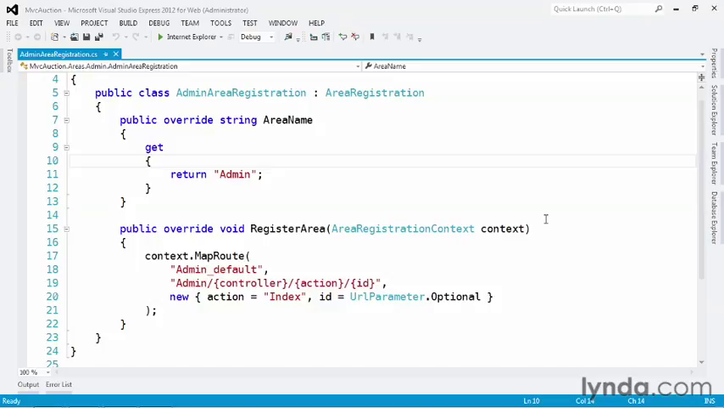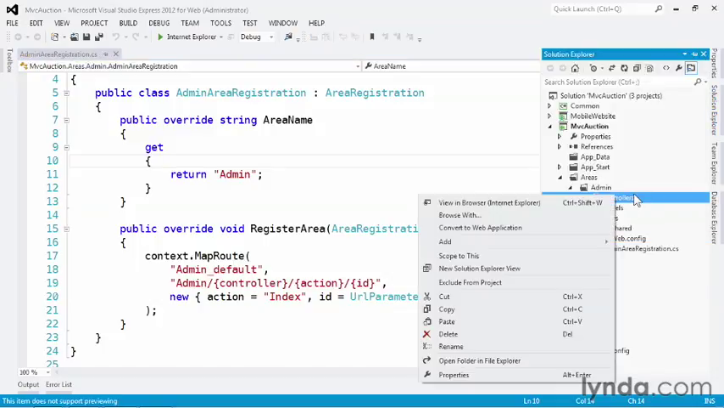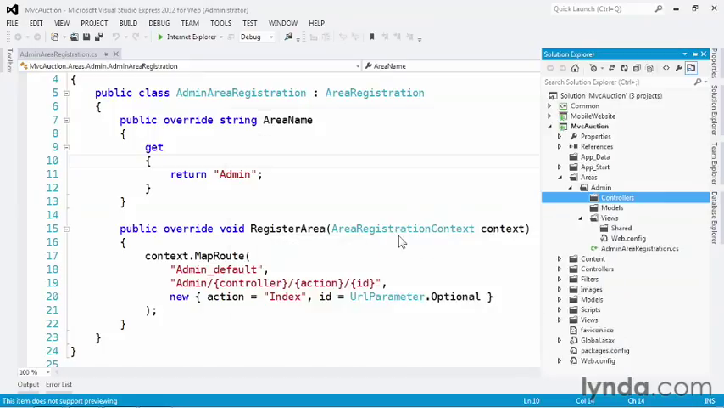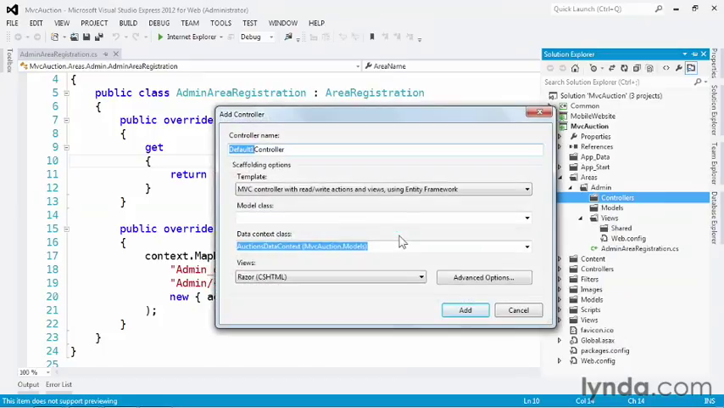So let's add that user controller I was talking about earlier. To do this, right-click on the Controllers folder in the Admin area and click Add Controller. We'll name the controller